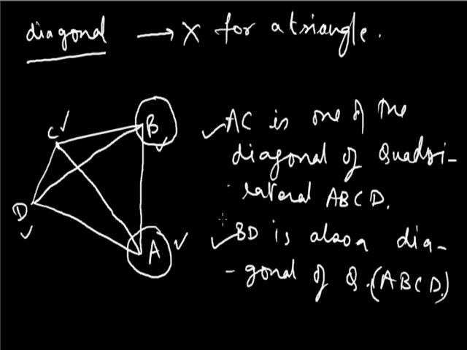You can also check the definition of diagonals of a polygon for polygons with a higher number of sides, those polygons which have more than 4 sides. For example, pentagon, hexagon. Draw the figures of pentagon, hexagon, heptagon, octagon, nonagon and decagon and check the number of diagonals in those polygons.